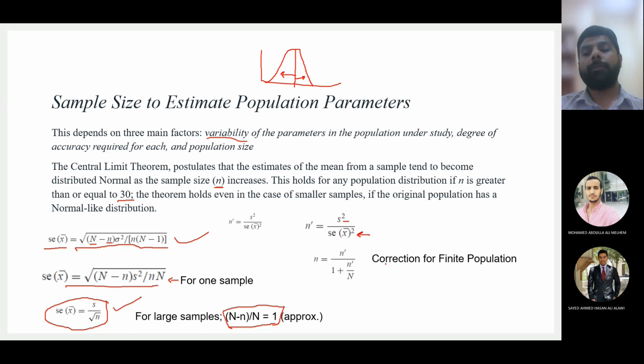Now if your population is finite, meaning you know the number of values in the entire population. Sometimes we don't know the exact value. For example, the population of Gulf countries, or the number of drivers on the road, I don't know how many drivers are on the road. So in that case, I will simply use this and take the number of samples from here. But if in a particular case you know the value of the entire population, for example how many drivers there are in Bahrain, I know that number, then I can apply the correction to n dash. This is the correction for a finite population.